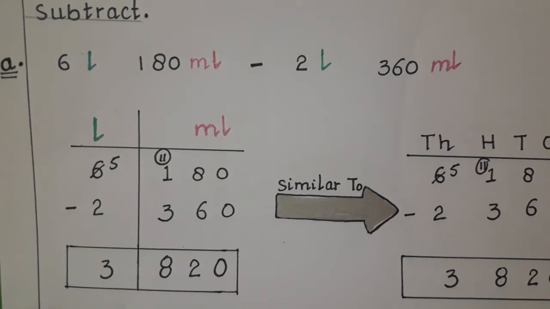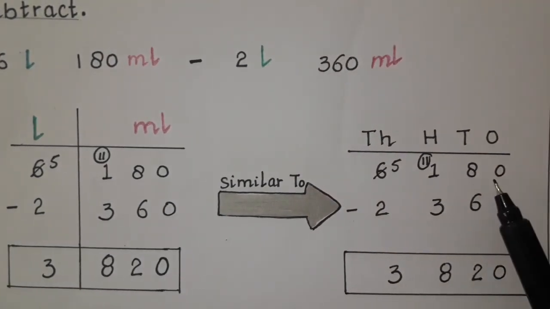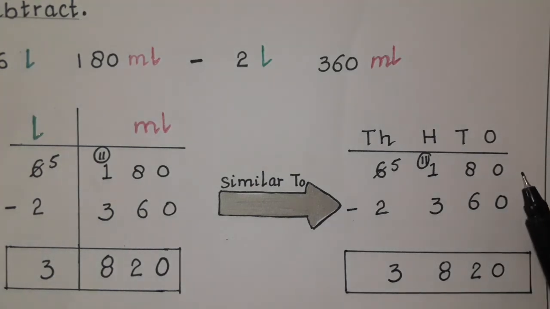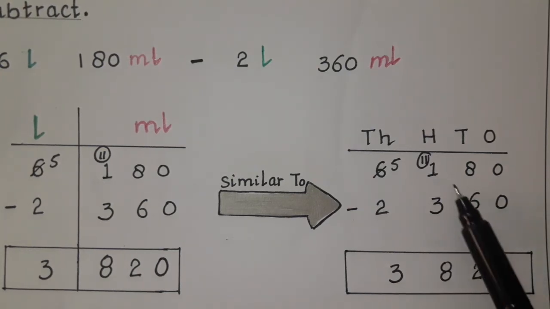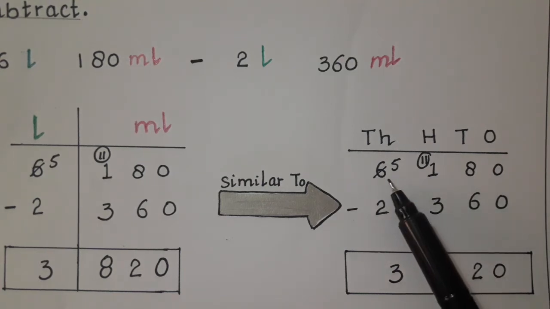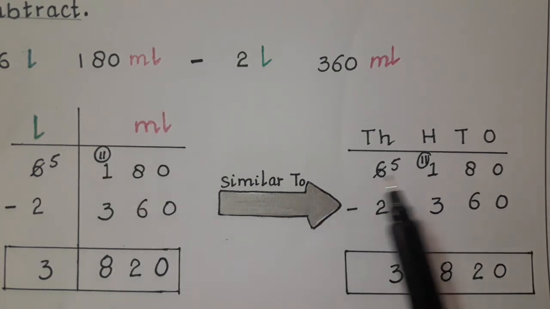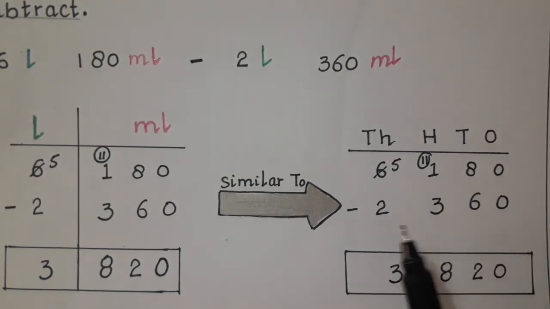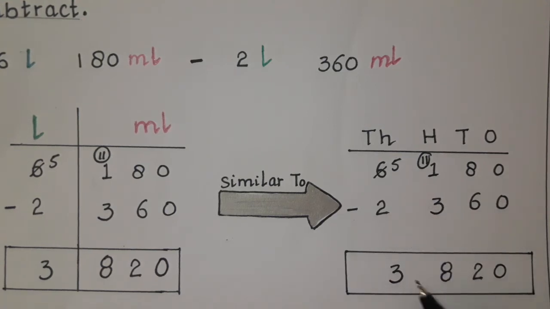So students, in the same way in the ones, tens, hundreds and thousands columns, I also did the same question. You can see we get the same answer. 0 minus 0 is equal to 0. 8 minus 6, 2. This number was smaller, so we take a carry from this side. So it will be left 5 and it will become 11 as it is. We have done it here because both of these have the same numbers and the same answer. So 11 minus 3, 8, 5 minus 2, 3.